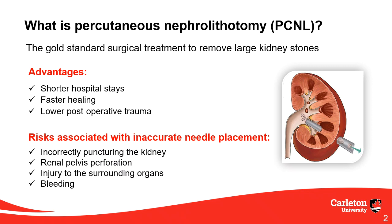First of all, let's see what is PCNL. PCNL, which stands for percutaneous nephrolithotomy, is a minimally invasive surgical procedure used to remove large kidney stones that cannot be treated with other non-invasive methods. During this procedure, a small incision is made in the patient's back and a needle is inserted into the kidney to reach the stone. It has several advantages over more invasive methods, including faster healing, shorter hospital stays, and lower